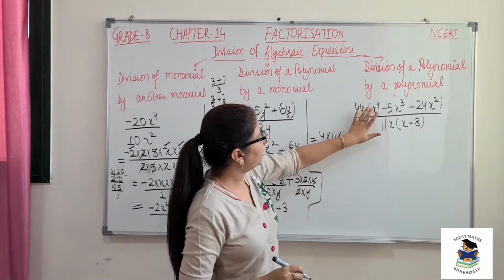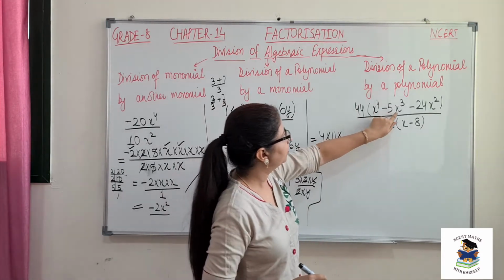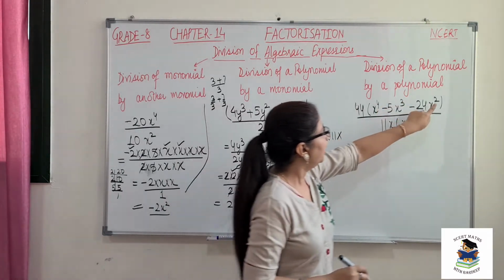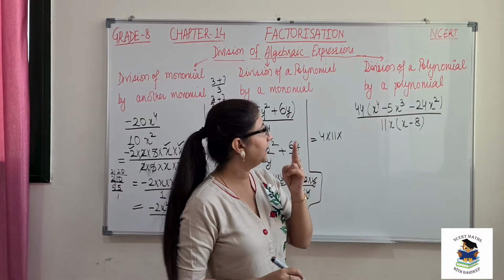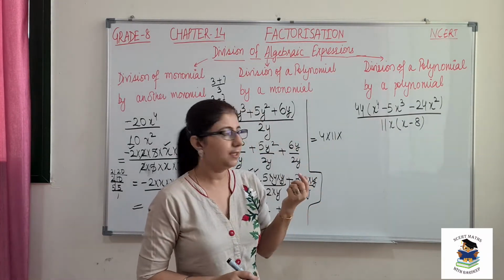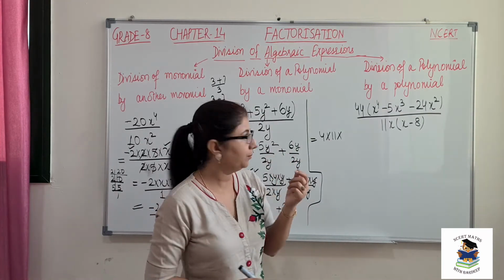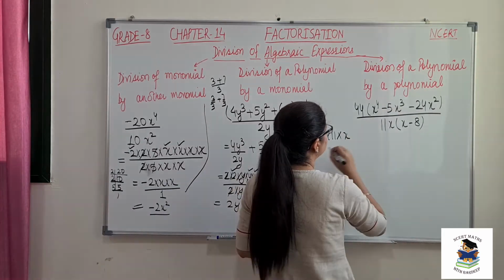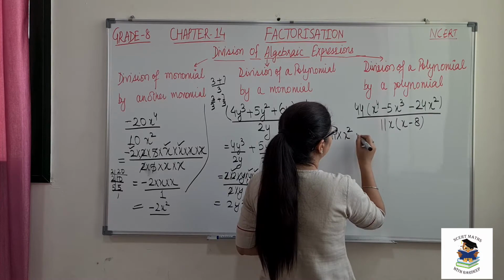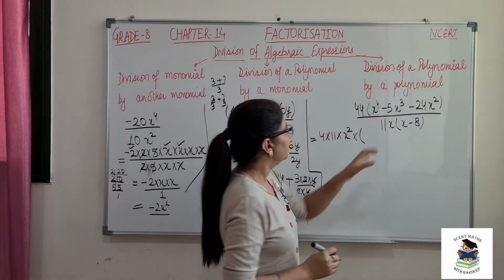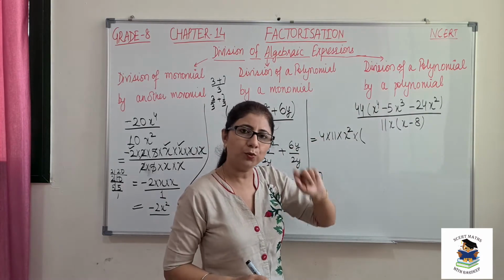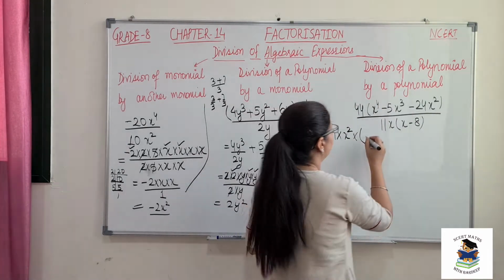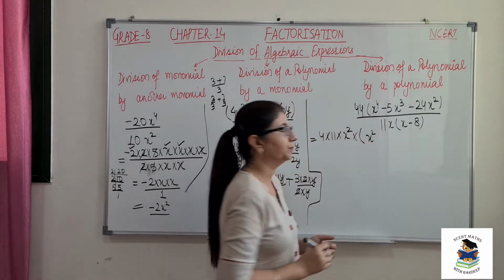We have x raised to power 4, x raised to power 3 and x raised to power 2. So what is the minimum power of x? That is 2. So that we can take out as common power. So I can write this as x raised to power 2 here. Out of 4 powers, 2 we have already taken. So what is left? That is x raised to power 2.